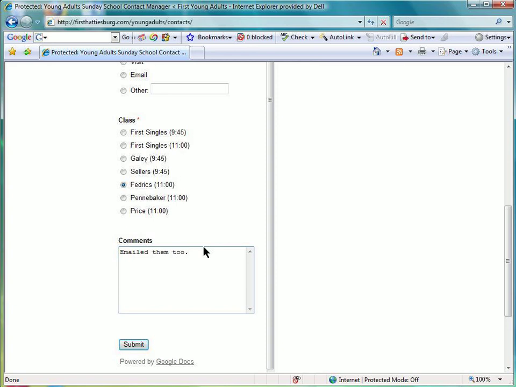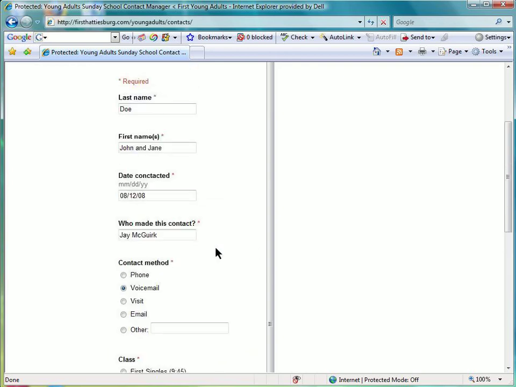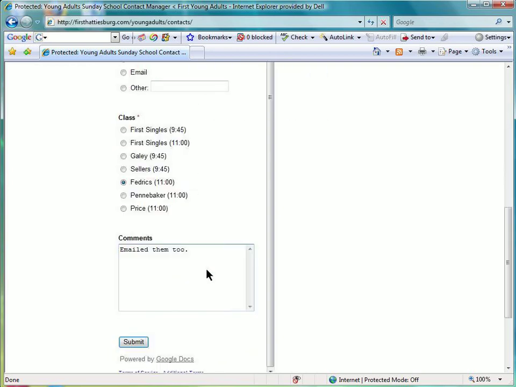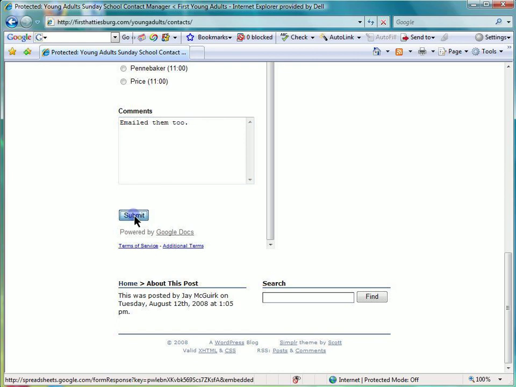And you can type anything you want in this space down here. I believe it allows for 250 characters. So put that in there. If there are any special notes, something that's going on in their family, something you know that we can be praying for them about, or just any other information you feel like I should know about them, you can put that in there too. So after having our form filled out, you come down here and you click submit,